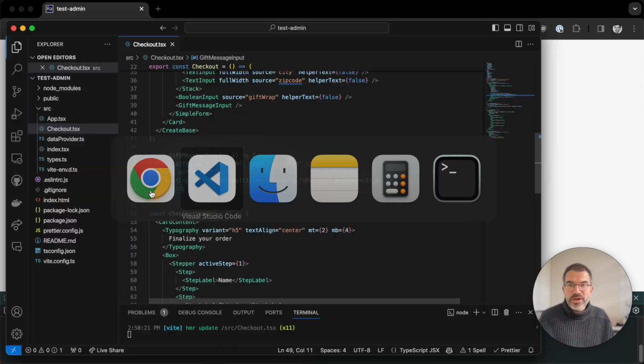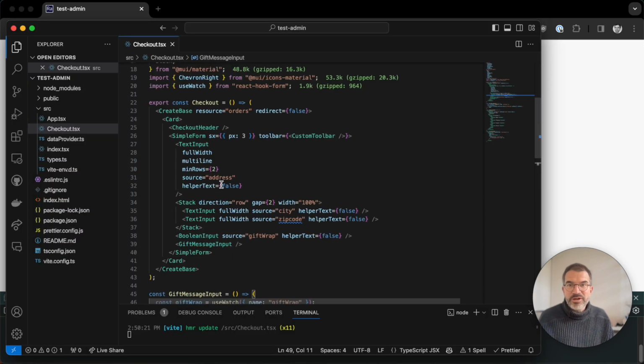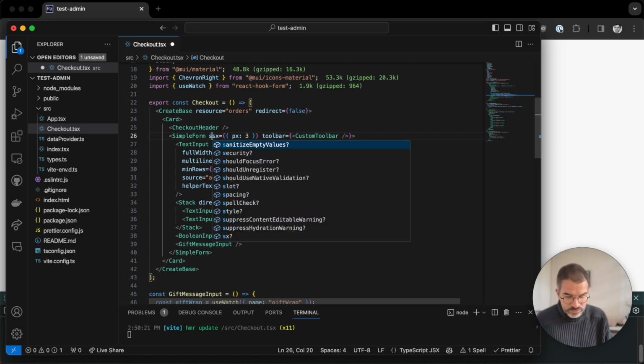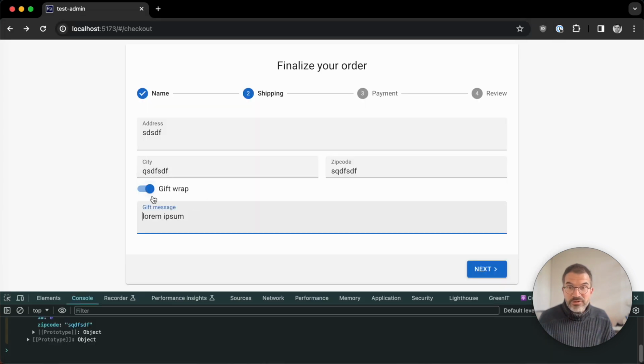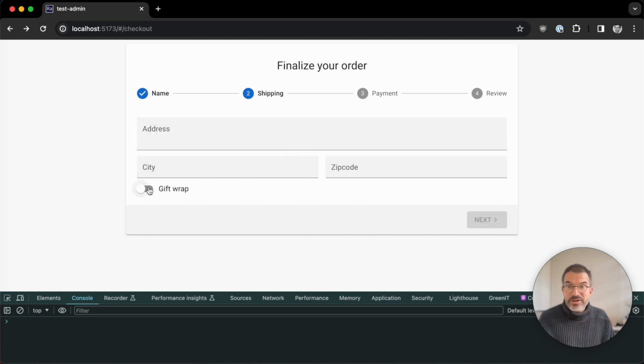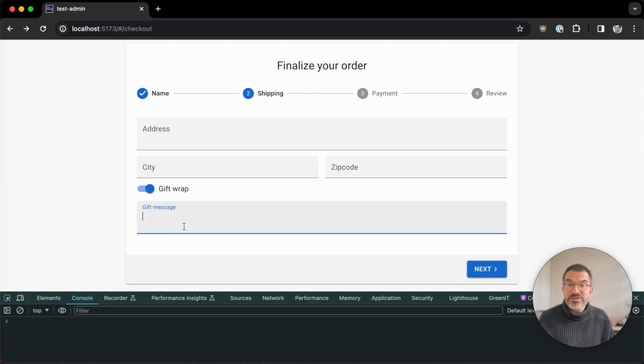So I should update my form here to add the shouldUnregister option. And now when I enter a message and remove it, it's not kept in memory anymore.